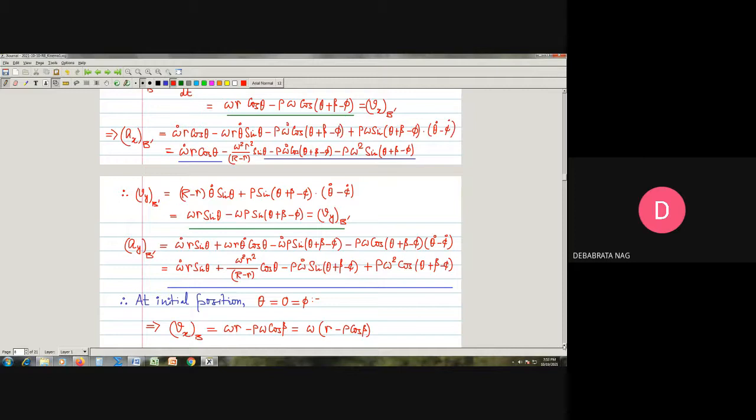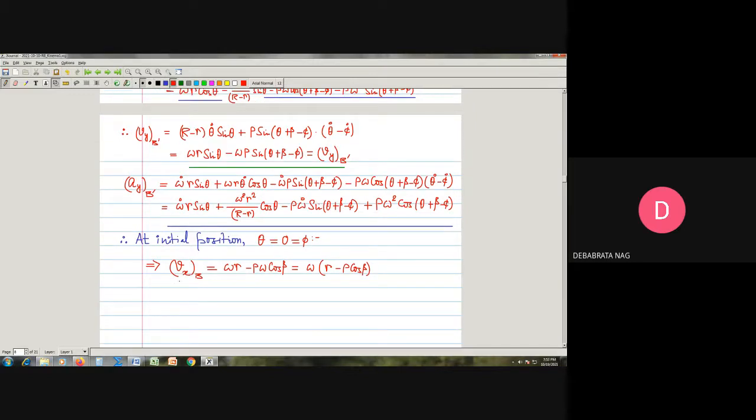So this is the x component of velocity of point B. Similarly, we have y component of the velocity of point B. What will be its status? So in this expression, we are going to put theta equal to 0. Remember, theta equal to 0 and phi equal to 0. So if we substitute, then we find that this component does not exist. And then we have minus rho into omega into sine beta. So we find therefore that these two are the components of velocity of the point B in the initial